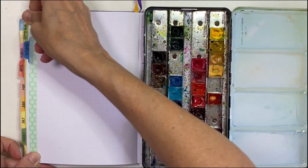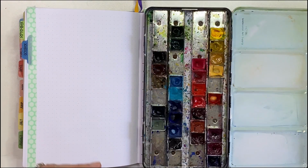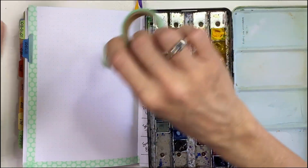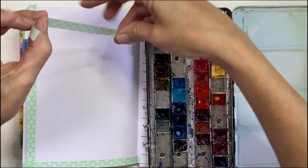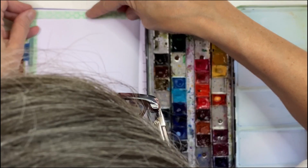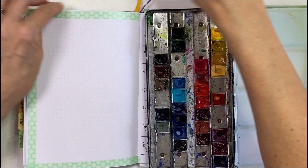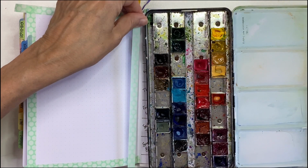Today I'm going to be doing a pen and ink sketch and watercolor wash in my sketchbook from a photograph that I took last week when I was on vacation in Croatia. It was absolutely beautiful there, and I didn't have a chance to actually sit and sketch in real life, or